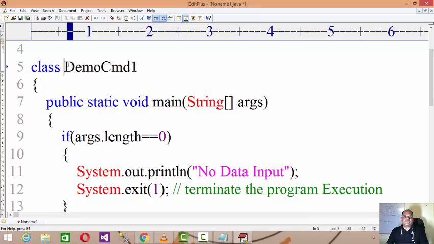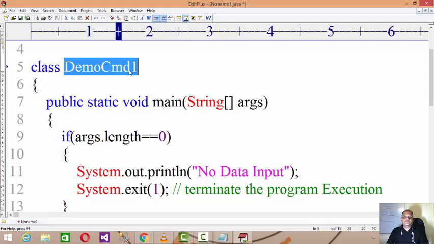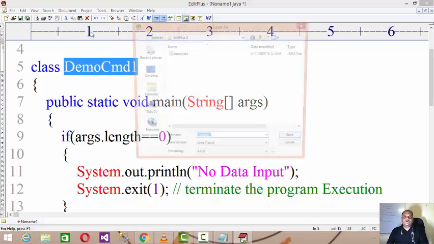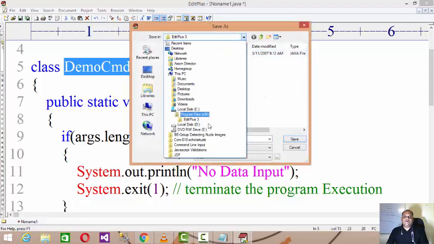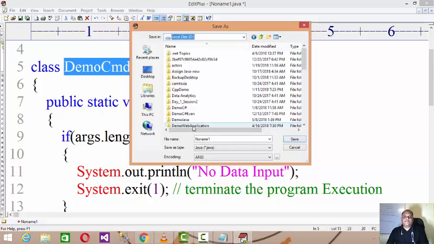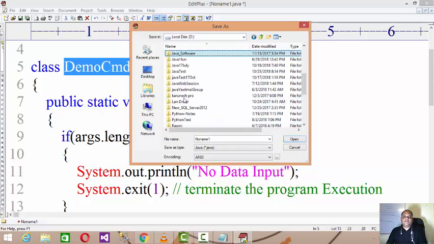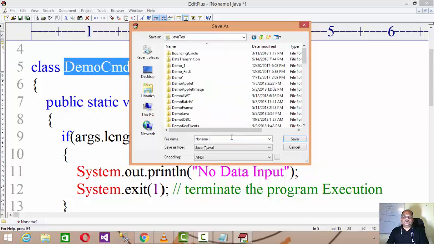So let us execute it. I will store it somewhere, like maybe in D, save it in the Java test folder maybe, as DemoCmd1, right?